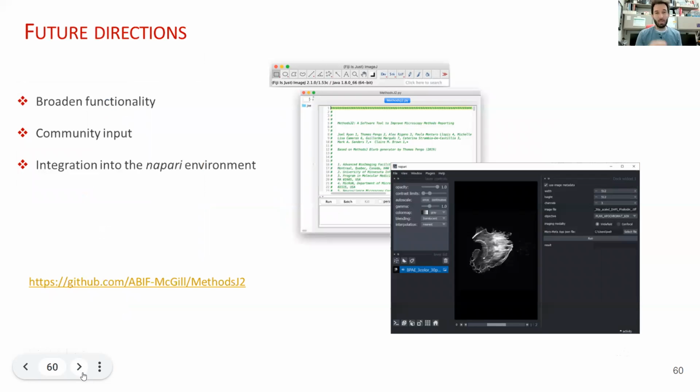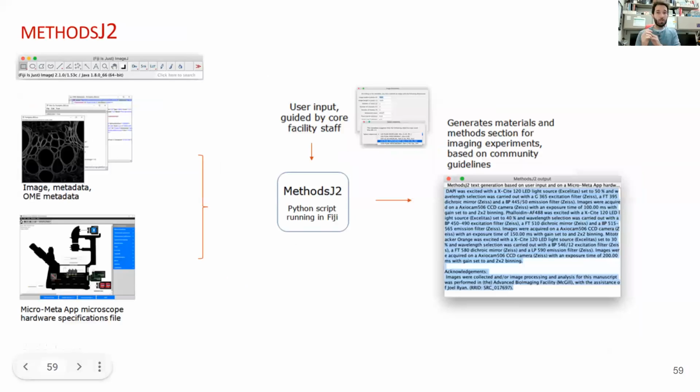That would be something along the lines of, images were acquired on a Zeiss wide field, with all the information that can be in there, and hopefully, as much as we can, we try to follow the guidelines as established in Paula's paper and as discussed by Paula a little bit earlier today. So that's the main of it. The script emits a little text blurb that is copy-pastable, and also, not shown here, a CSV file with all the input information that was either found by the script itself in the metadata or entered by the user.